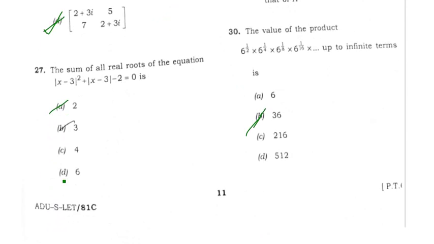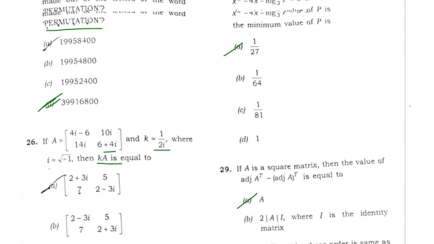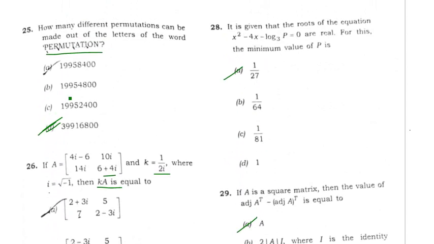next question is: the sum of all real roots of the equation x mod (x minus 3) square plus x minus 3 minus 2 is equal to 0. So the right answer is A. Okay,